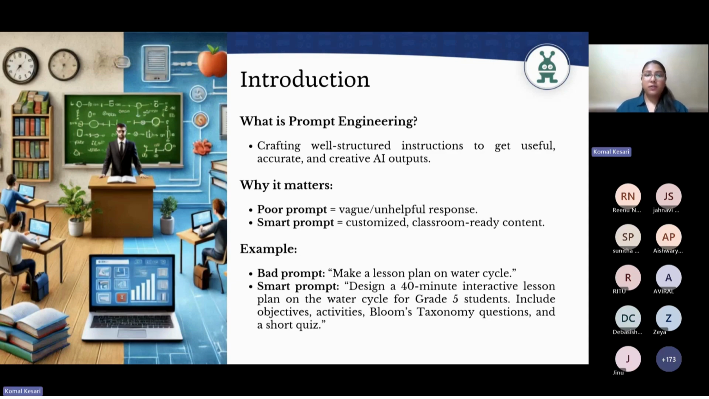Okay. So why does it matter? First of all, with a poor prompt you will be getting vague and unhelpful responses. You will be having answers that are not even desirable. You just want a smart thing from it and it will be giving you the whole picture. So what can a smart prompt do? It can customize and provide you classroom-ready content. Okay. For example, let's suppose for the bad prompt, what we can do is